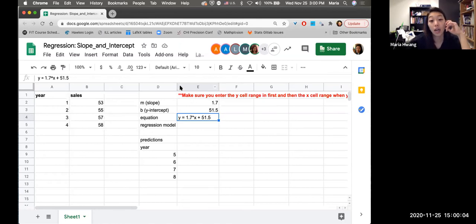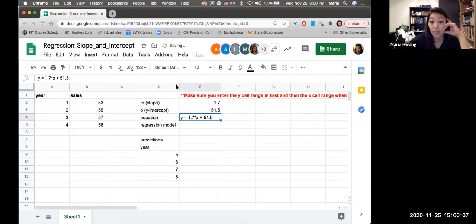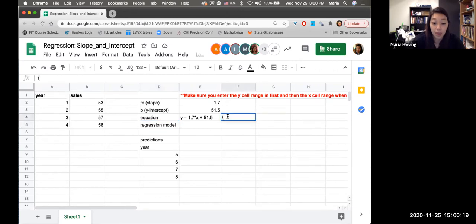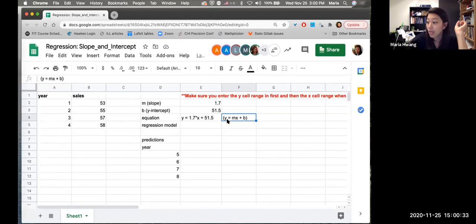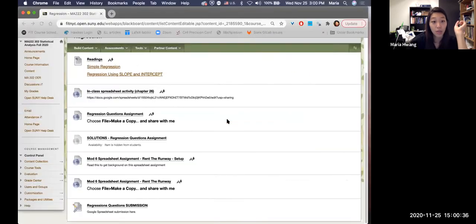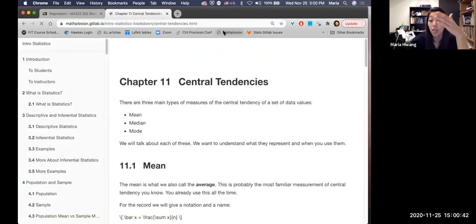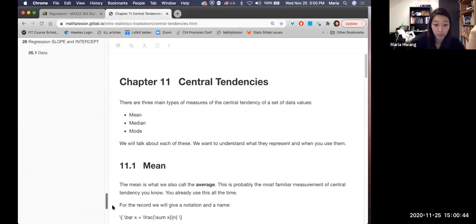You will see that there's a little bit of a difference. I put equation here, and then right underneath that I have regression model. This is because this is y equals mx plus b, right? However, when you're dealing with the regression model, it's actually slightly different from y equals mx plus b, okay? What I mean by that is, let me see, did I close that out? Okay, I didn't mean to close it out, but let me just show you. The difference that you need to know between the usual y equals mx plus b